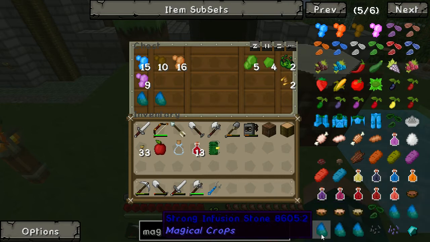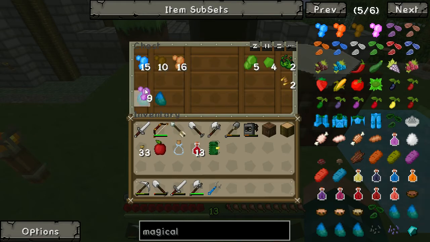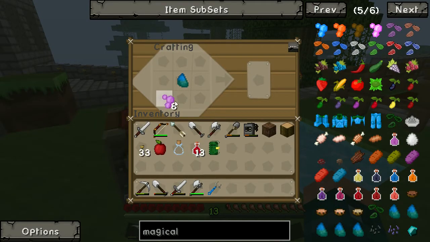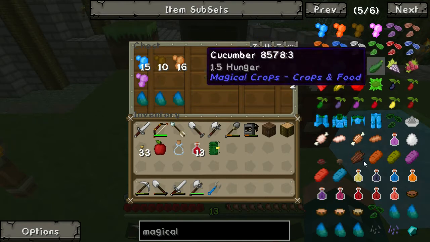So we've done weak, we've done regular, we can now do strong. Strong just needs our regular surrounded by this obsidian. So, regular in the middle and the obsidians around the outside. Done absolutely terribly. There we go, we have a strong infusion stone. And the strong infusion stone is what we need to make the...